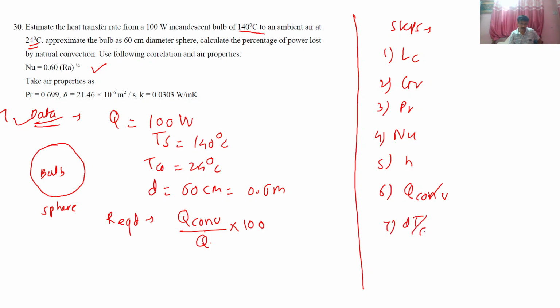सेवंथ इज dT बाई dt, तो आई थिंक ये भी नहीं पूछा है हमें, रेट ऑफ हीटिंग और कूलिंग, तो ये स्टेप भी गई। और रेडिएशन का तो सवाल ही नहीं, क्योंकि एमिसिविटी नहीं दी हुई है। तो यहाँ तक ही हम जाएंगे Q कन्वेक्शन तक, और उससे हम परसेंटेज हीट लॉस निकालेंगे, ठीक। सो लेट्स स्टार्ट वन बाय वन।